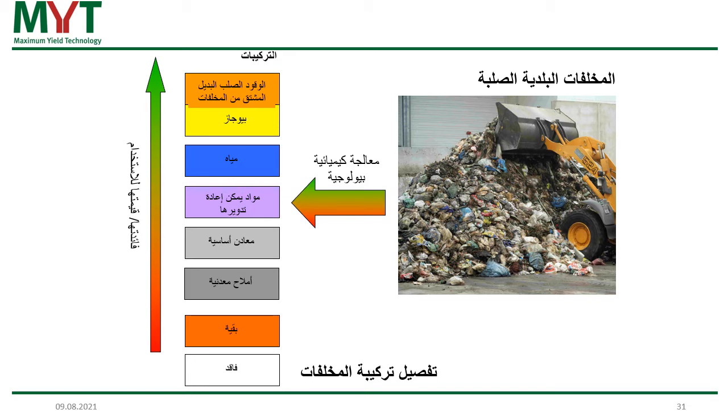You see the waste which is delivered to our facility on the small picture. And by applying the MYT process, we produce from this waste refuse-derived fuels and biogas, so two types of energy carriers. We recover the water and the recyclables which are still in this waste, and also the metals, also the minerals. And then we have a small rest of residual waste, which we cannot put in any category, or which